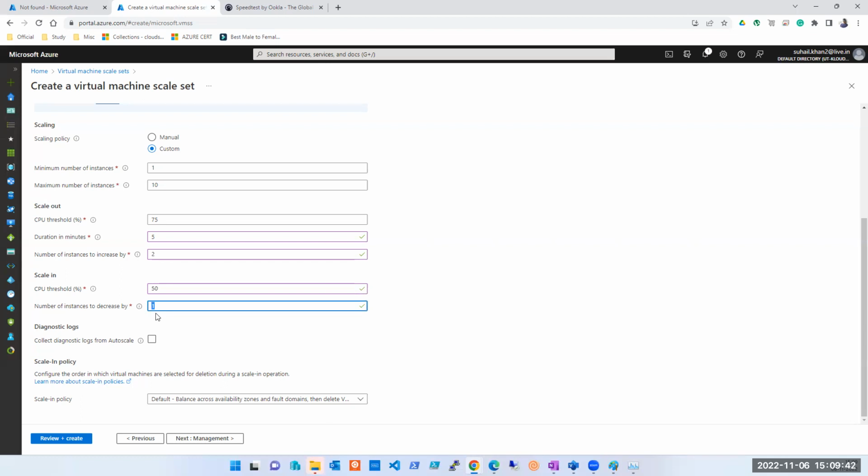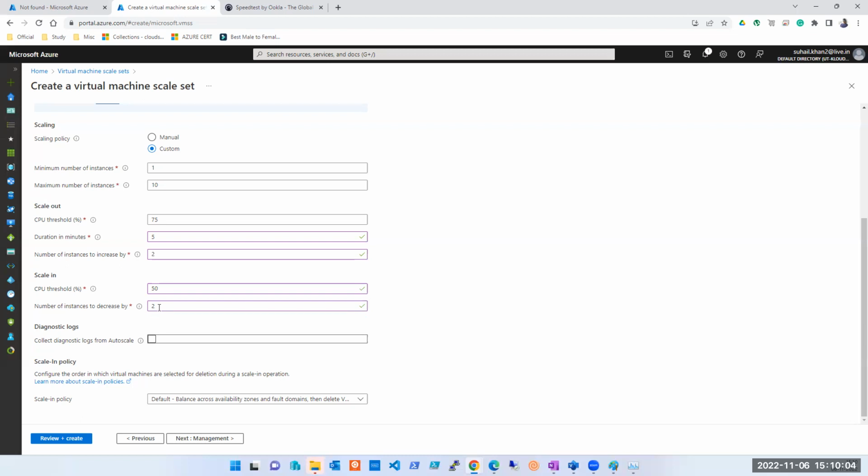Either I can select the same number or I can select one. I want to be big, you know, extra vigilant about it. Okay, it's okay. I'm paying something extra, but that's fine. ऐसे नहीं होना चाहिए कि suddenly मैंने servers कम कर लिए and then again there is a spike. So whenever it is increasing, it should increase by 2. But whenever it is decreasing, it should decrease by 1. That is what I'm saying. Or I can have 2 also. It's completely up to you.